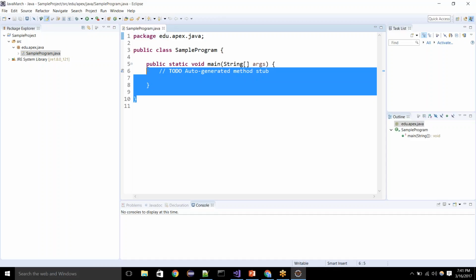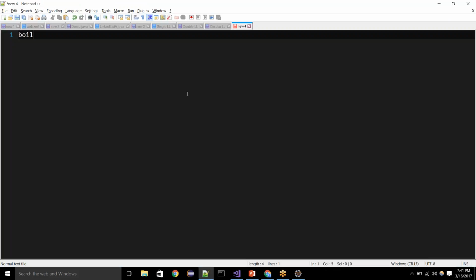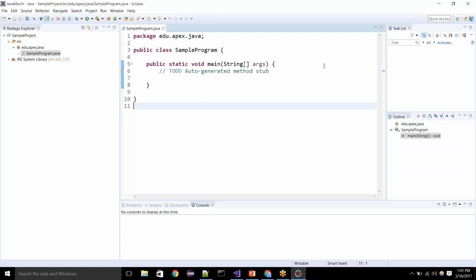So this is actually called boilerplate code. You'll hear this term a lot. What do you mean by boilerplate code? The part of code that is generated by default because it's used in most of the programs. So it's called boilerplate code. If you want to Google, you can just type boilerplate code. Yeah, boilerplate code. So let's just print